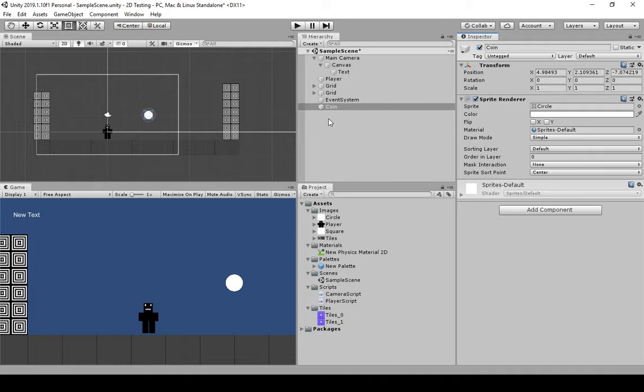So now we have this coin right here that's on the screen, and we could click and move it around if we wanted to. For example, if I went over to the move tool, we could move it around a little bit, and I'm going to move it down just a bit so it's there, maybe to the right just a little bit. So with the coin highlighted within the hierarchy view, over in its inspector view,